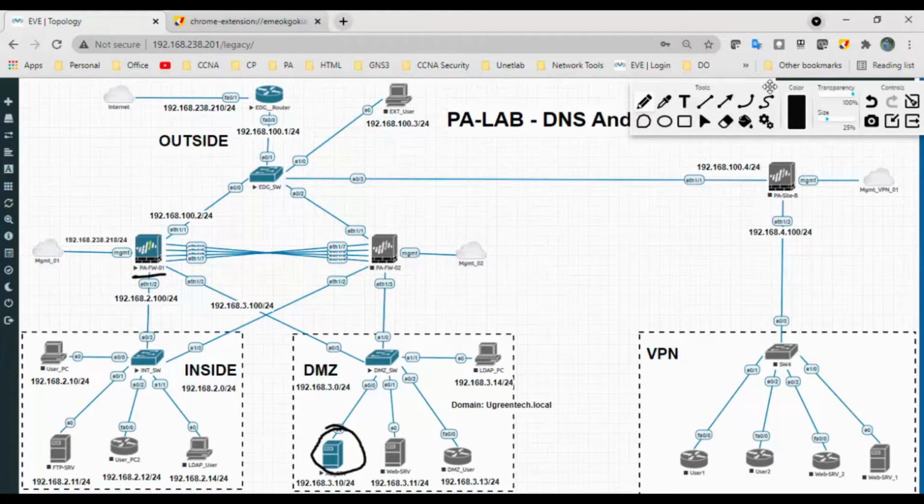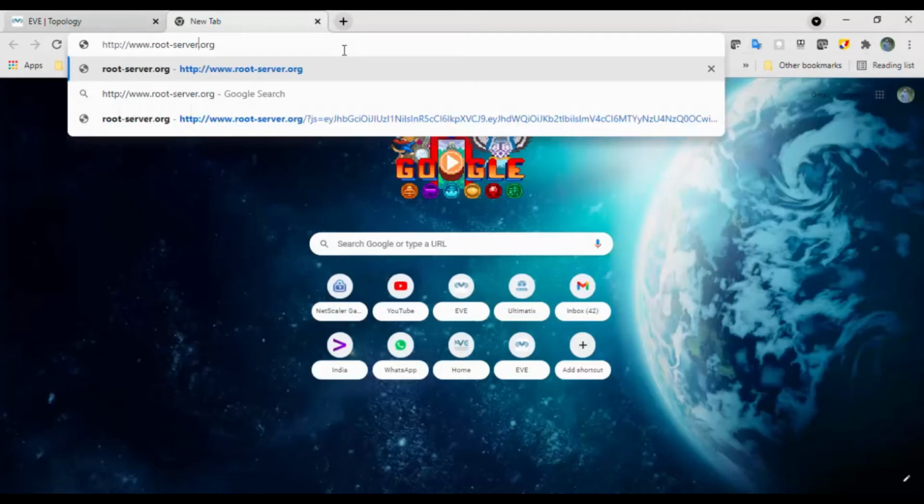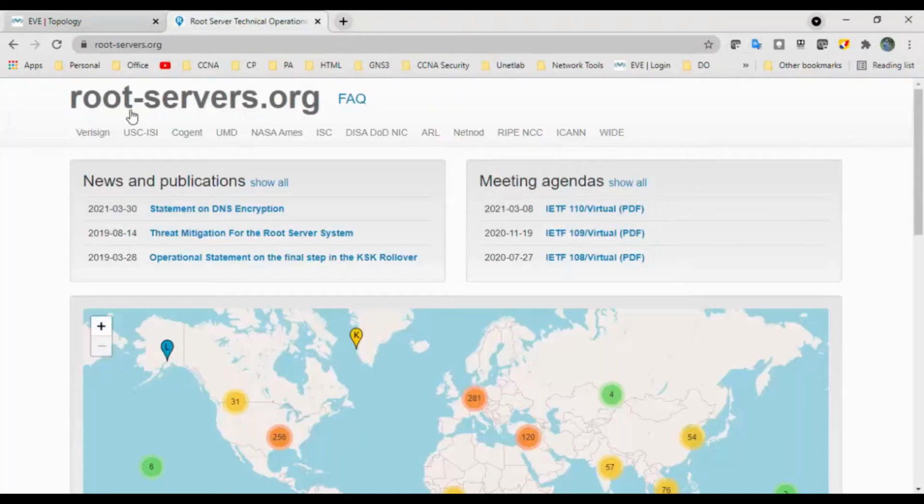There are basically 13 main DNS servers, which are the root name servers. They start with a.root-servers.net through m.root-servers.net.